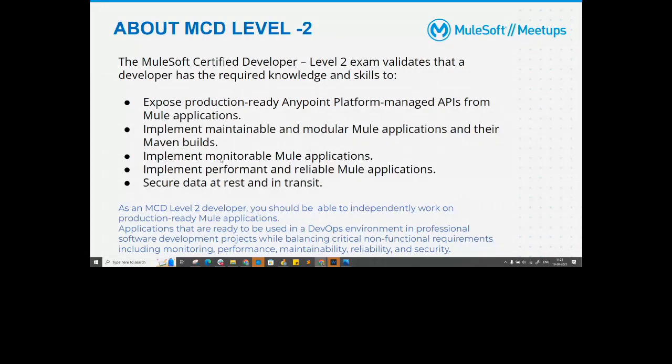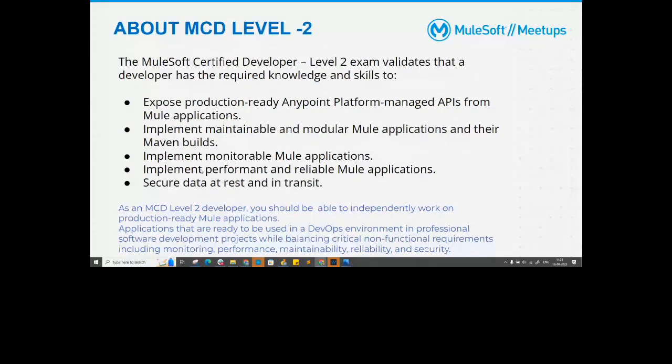It will also help you understand how to manage and monitor your applications through health checks, Anypoint Monitoring, and Anypoint Visualizer. So not only developing an application, but once it is deployed, it is our foremost duty to make sure that the application is working fine. And that has to be done with a continuous monitoring approach.